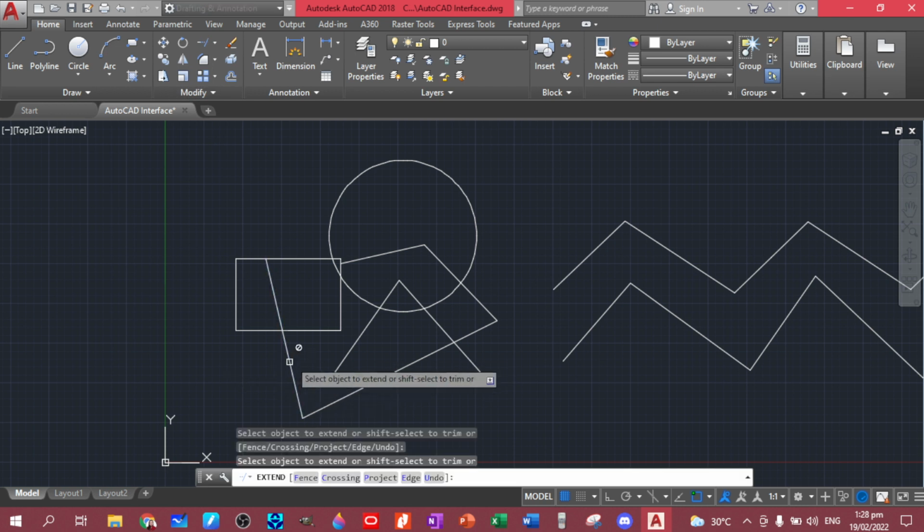So see, it's really extending. You just have to double click enter. It will extend to certain boundaries. See, it gives you projection as well. So escape and do that one. Now,